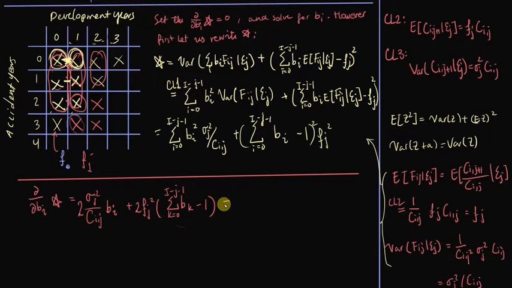Okay, we have this partial derivative, and we set this to 0. This will imply something for the value of bi. If we isolate bi and just ignore this sum for a while, then we see that the 2's cancel out on both sides, and bi should then be equal to